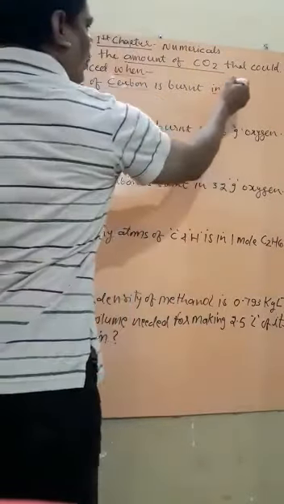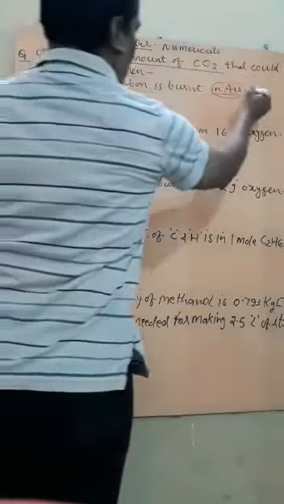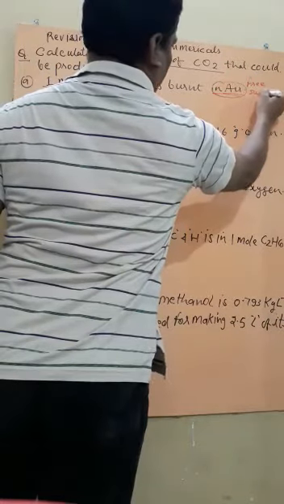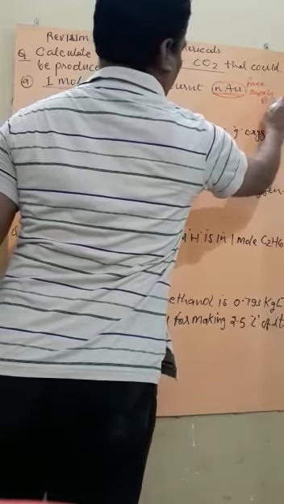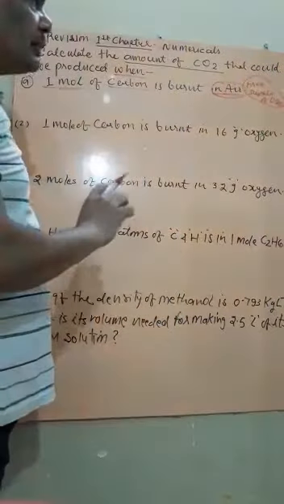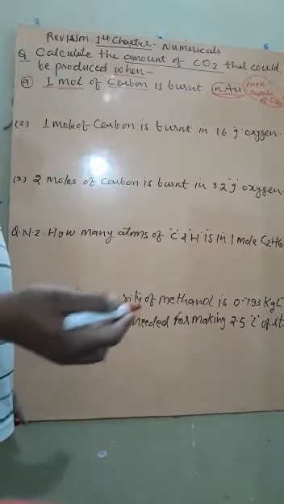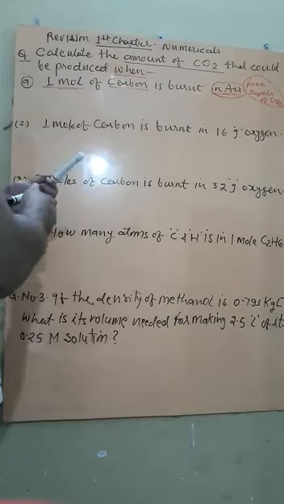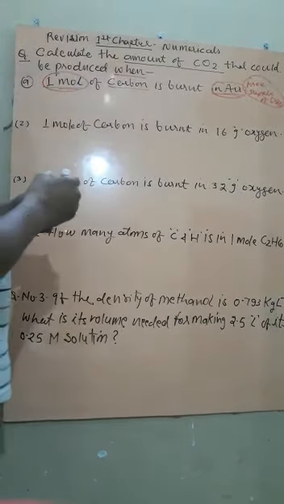Here the quantity of air is not given. That means there is a free supply of O2. If the quantity were given, then we would write its quantity. But if the quantity is not given, it is freely supplied. You know, in the atmosphere oxygen is abundant. But the quantity of carbon is given as fixed: 1 mole of carbon.